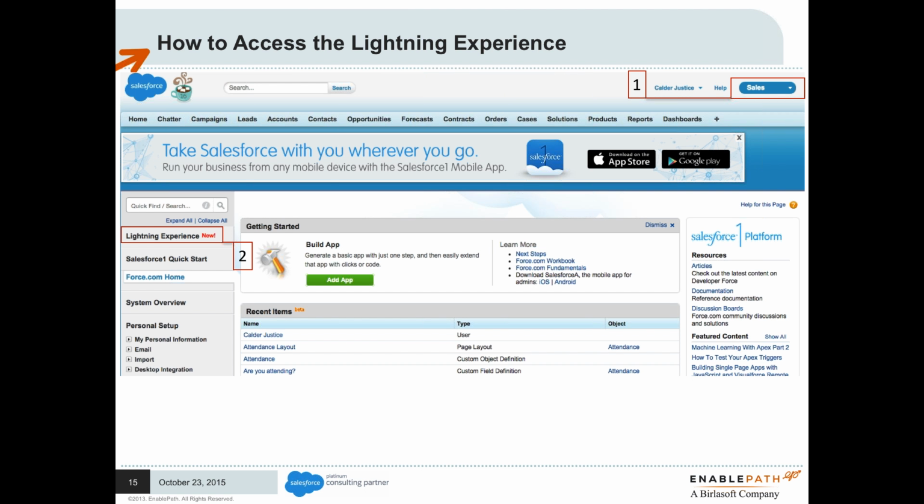Okay, so how to use Lightning Experience. First thing to do is go to the setup screen. There will be a Lightning Experience with the red new and exclamation point visible at the very top of the setup menu. It isn't necessarily